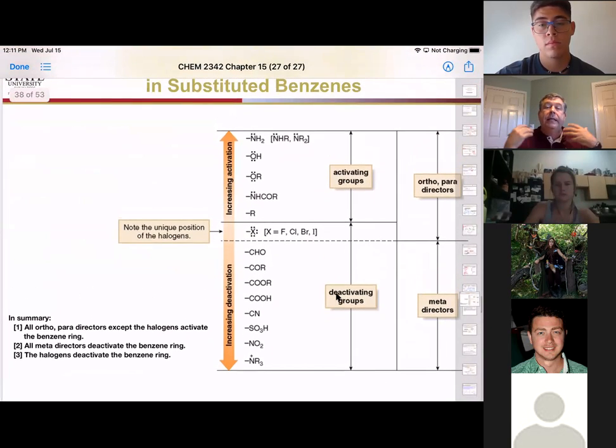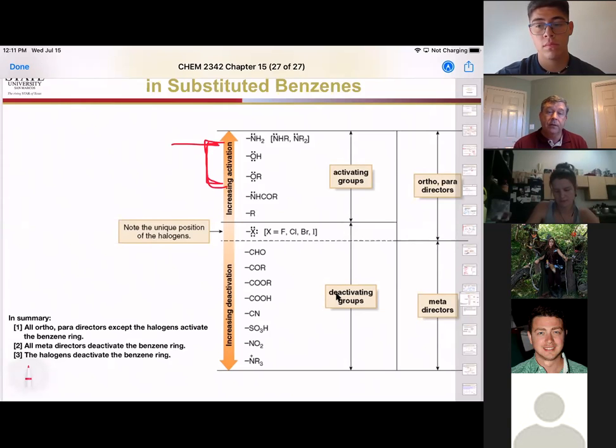Okay. So we can put this on a spectrum of activity versus ortho and meta directors, okay? So if we look at the entire spectrum, as we move to an electronegative atom, if we compare the electronegativity and the availability of our lone pairs, we can actually see ones that are more activating or increase the activation even more. So in the case of this, we have an electronegativity difference between the nitrogen and the oxygen, okay? So nitrogen is just a little less electronegative than oxygen, but that oxygen